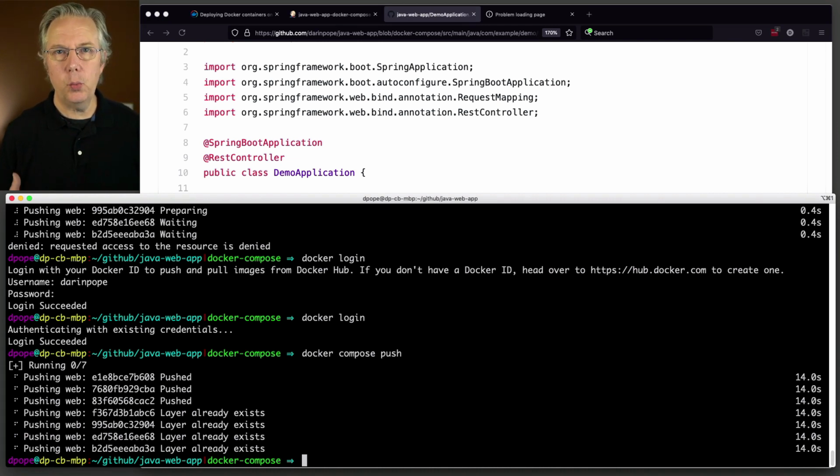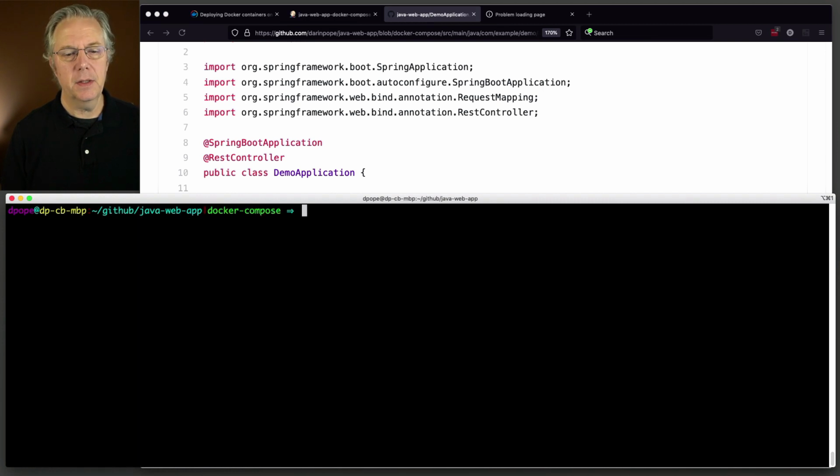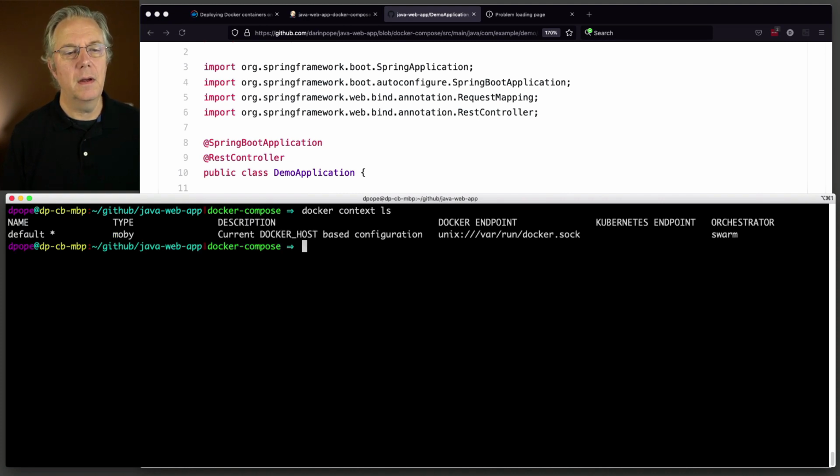Now let's go back to the prerequisites that we needed to do. We need to create an ECS context. So let's take a look and see what contexts we do have. So we'll say Docker context ls. And right now there's just a default context, which is for our local Docker host that's running. Not real surprising. Let's go ahead and create our